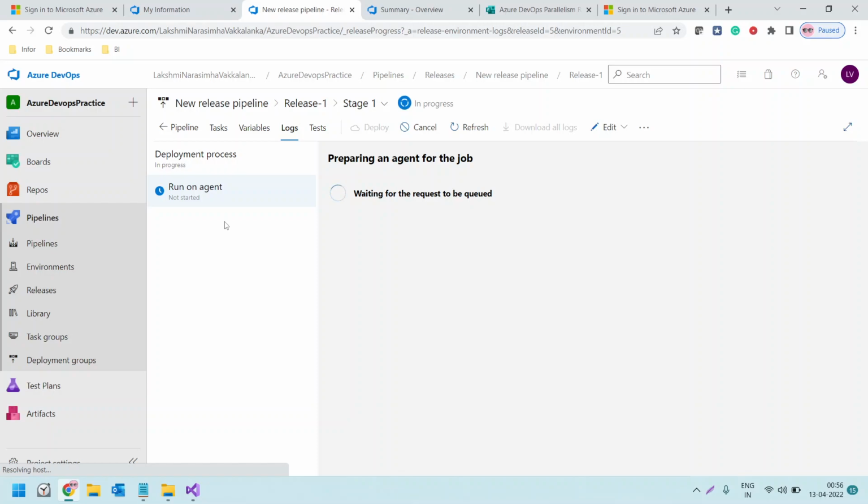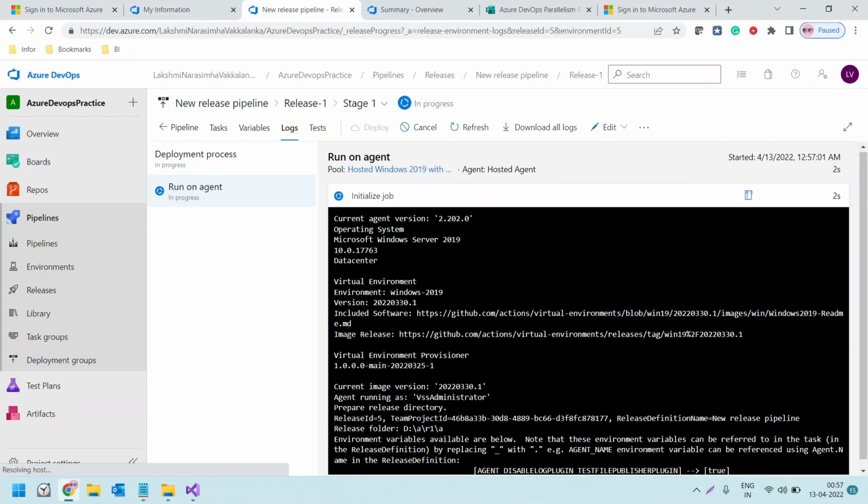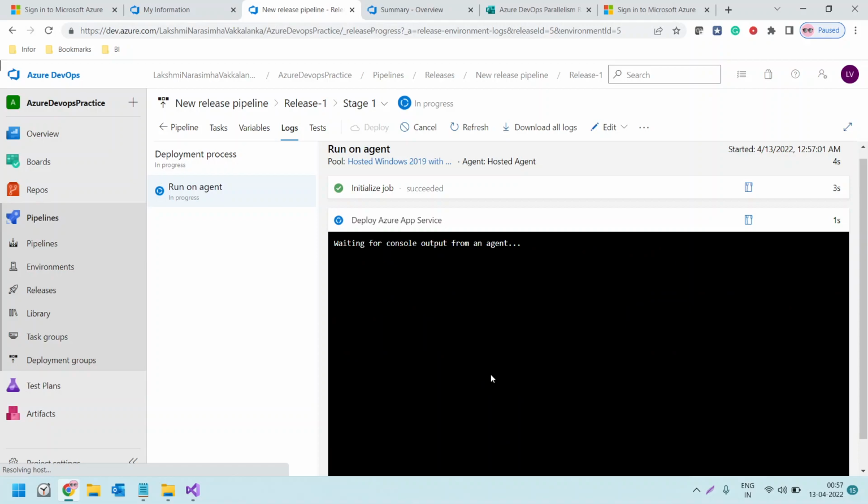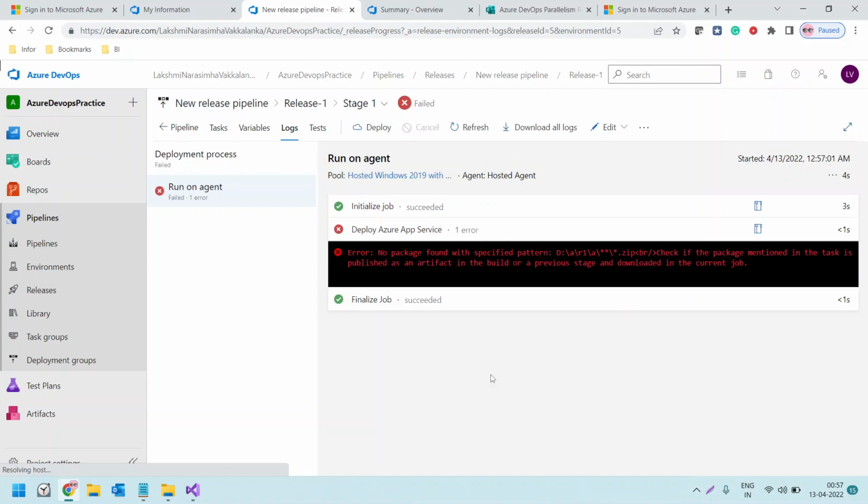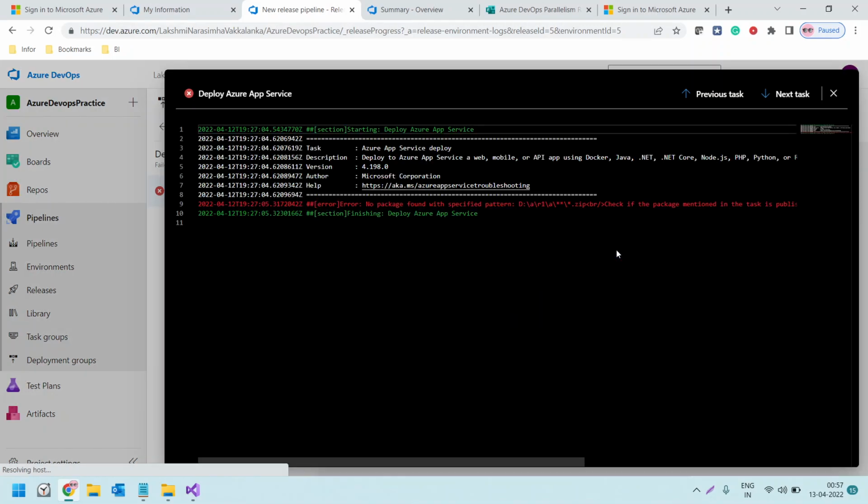Now it is going to deploy our project to Azure App Service. Once our project gets deployed to Azure App Service, we will check the app service by browsing the app service URL. So initializing job. Oh, we got an error. No package found with specified pattern. So this error, yeah, we can get rid of this error by adding one line of code in the YAML. That is,